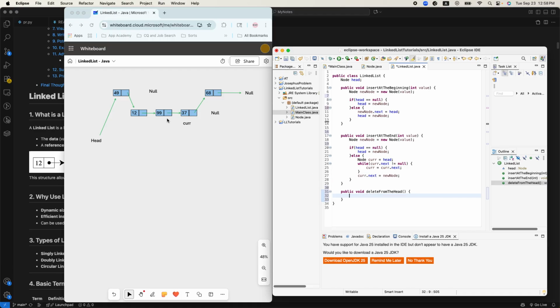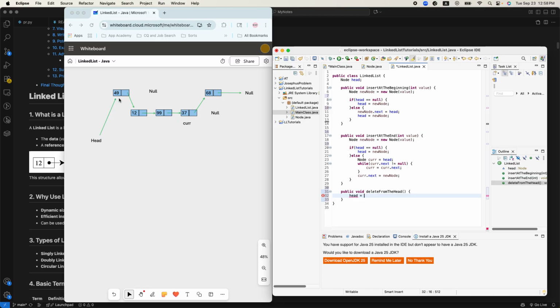So again, first of all, we have to visually understand what the process looks like. So right now it is the first node, the head. So when we say that we are deleting this, that means we are trying to make this one the head of our list. And what does that mean? That means the head has to point to this node instead of pointing to this node. So that's very easy. We just directly say that head has to point to the